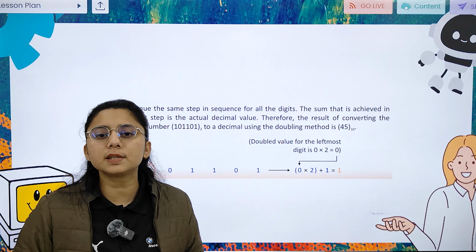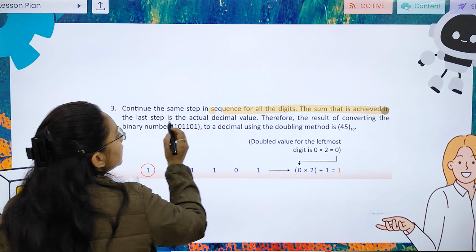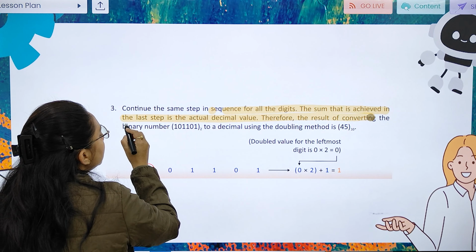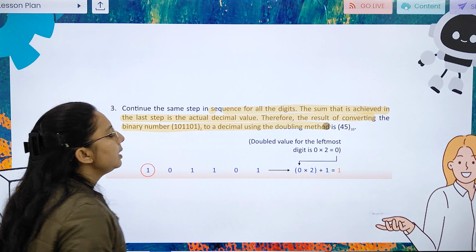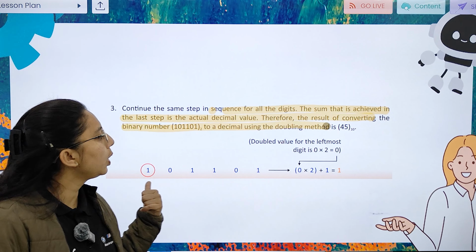Now we are continuing the same. The step sequence of all digits, the sum of which is achieved in the last step, is the actual decimal value. Therefore, the result of converting binary to decimal using the double method is this. What we have done,